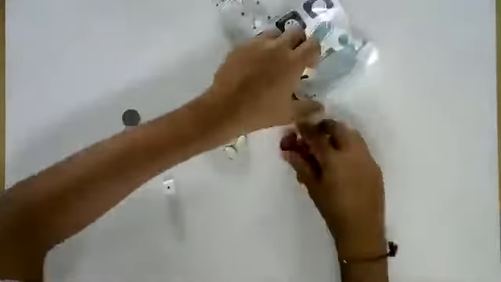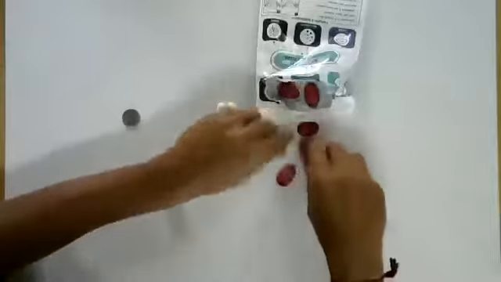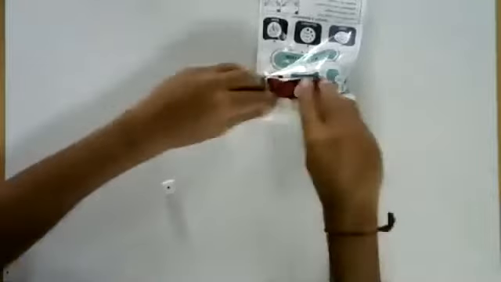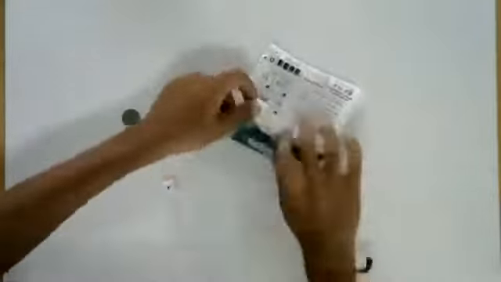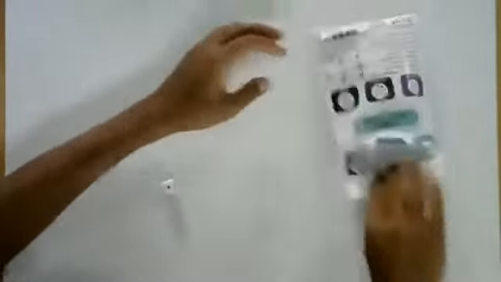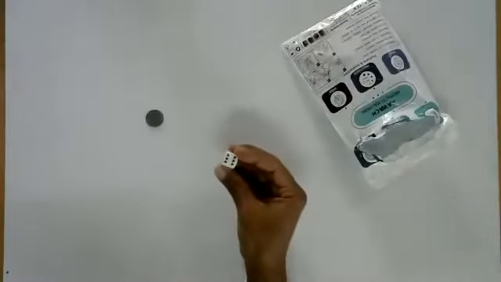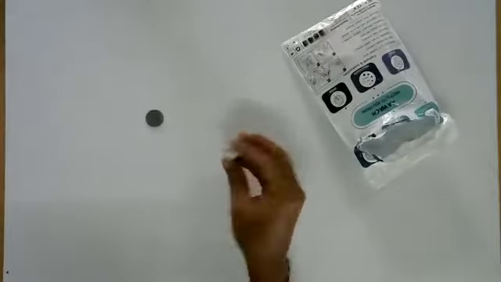Now I'm going to put these beans into a bag, a plastic bag. It's not transparent, so I can't see the beans inside. They are all mixed up, so I'm going to shuffle them a little bit. Now, I will give you an example or two before you do this on your own. I have a die, the usual 6 number die, 1 to 6. And then I also have a coin.